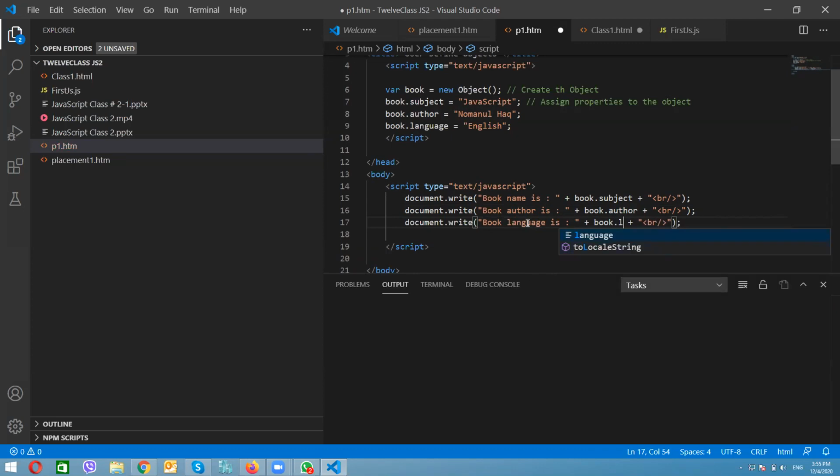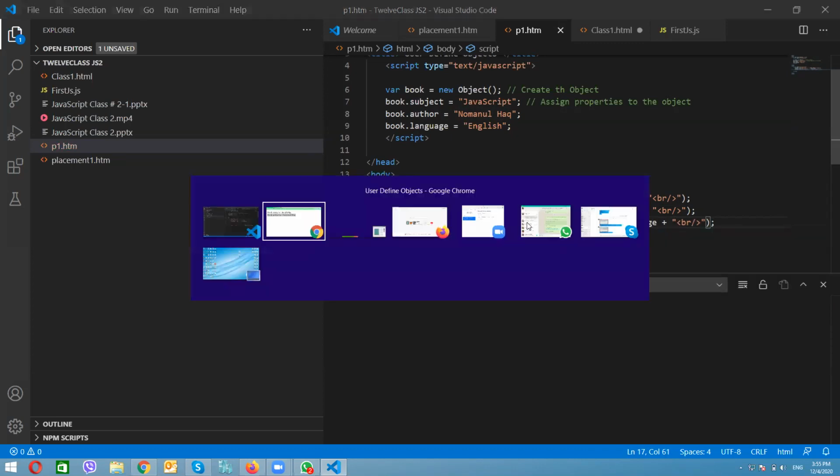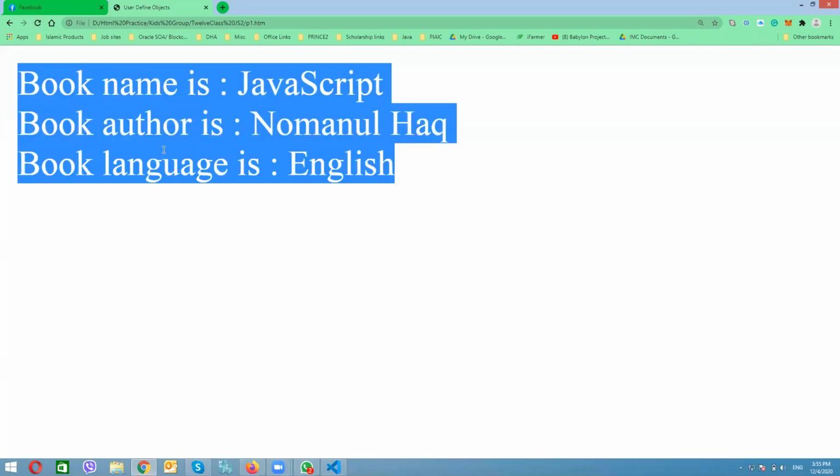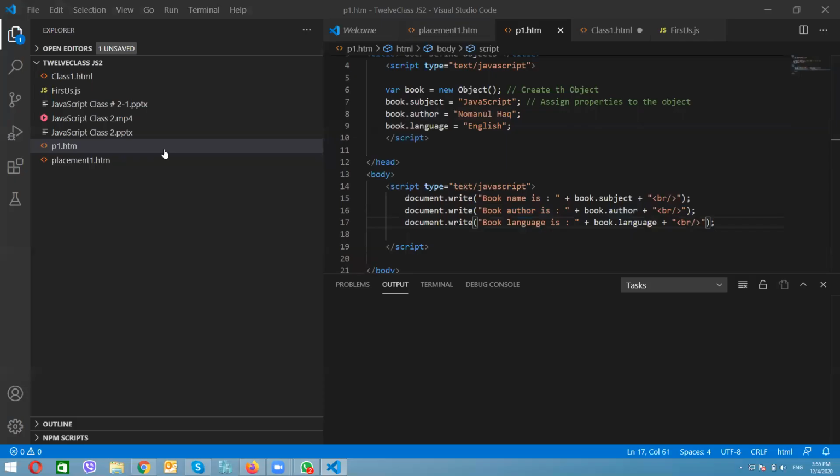You see, language automatically comes. So today we have learned about objects and their properties, and the user defined object.